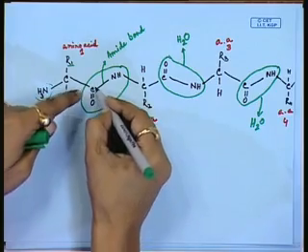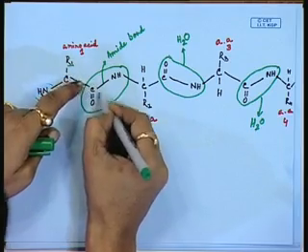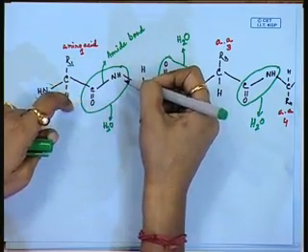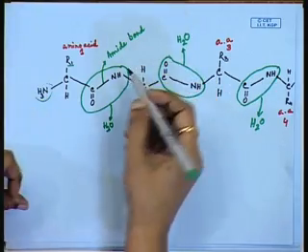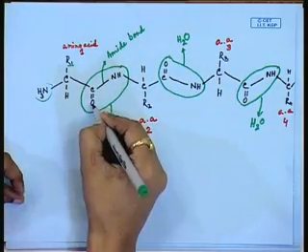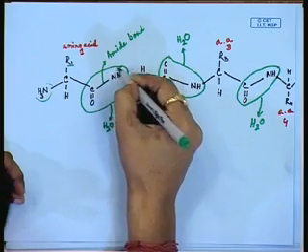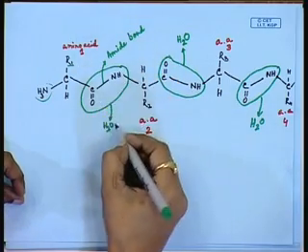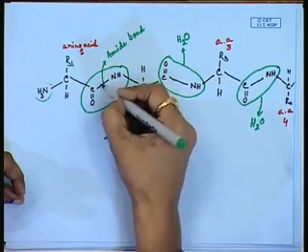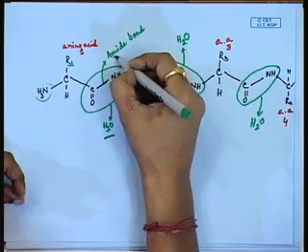Now, when one amino acid is joining with another amino acid, I have already mentioned that an amino acid has two terminals, one is the amino end, another is the carboxyl end. So, the carboxyl end of one amino acid, when it joins with the amino terminal of the second amino acid, they form the amide bond. Now, when COOH comes in contact with this NH2, they release a molecule of water, and this bond is called the amide bond.